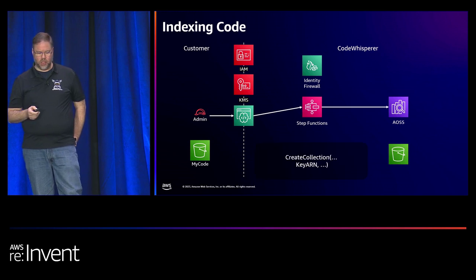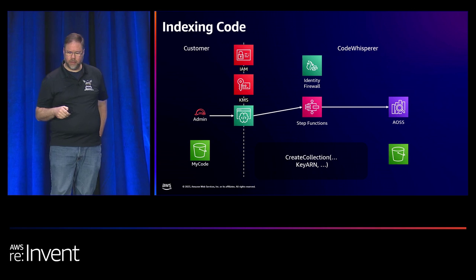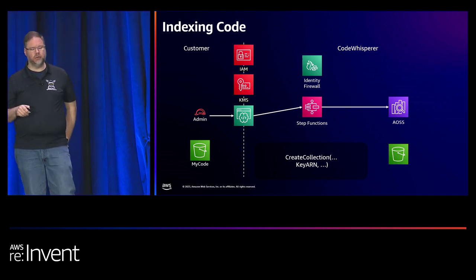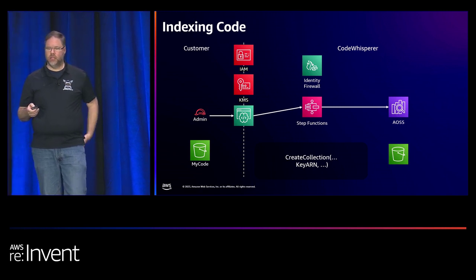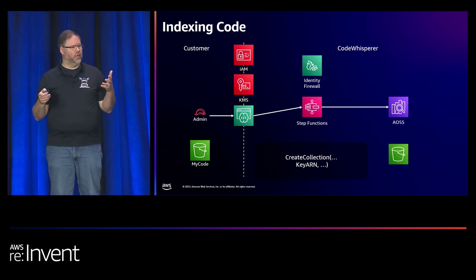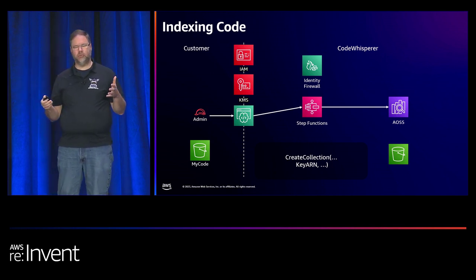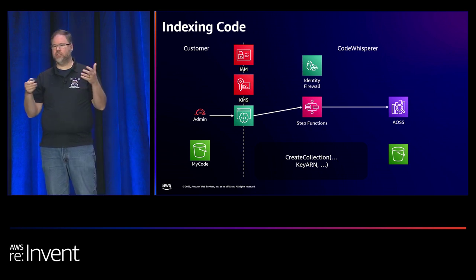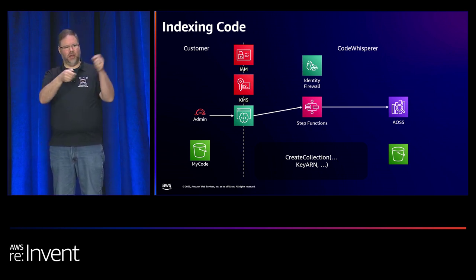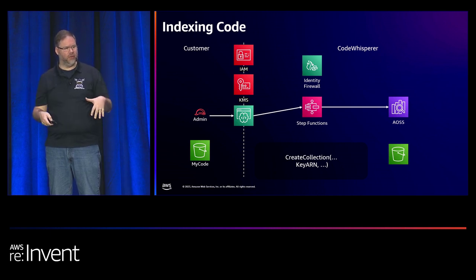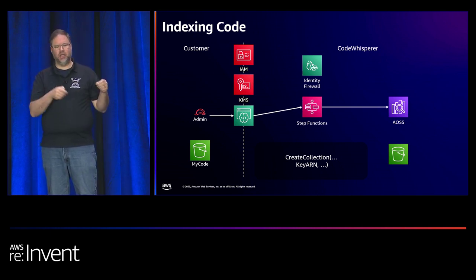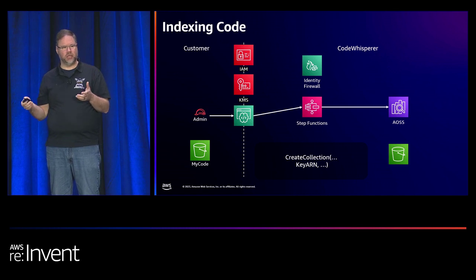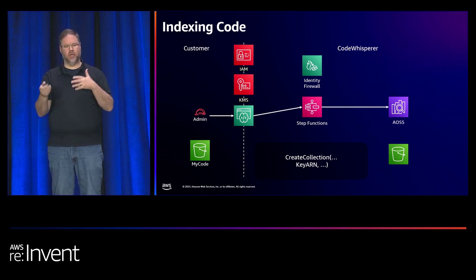It's going to call into Amazon OpenSearch Serverless. It's going to create the collection using the key that the customer specified. And this is an important design decision for the service. If we'd been running our own search index, this would have been a big job for the service team. And to minimize that work, to make it feasible for them to do it, they probably would have run a large single index, and then they would have built a security model on top of it where they have all of these bits of metadata and a whole bunch of if-then-else code to make sure that exactly and only the data is returned in response to queries that matches the owner of the data and all of the permissions models